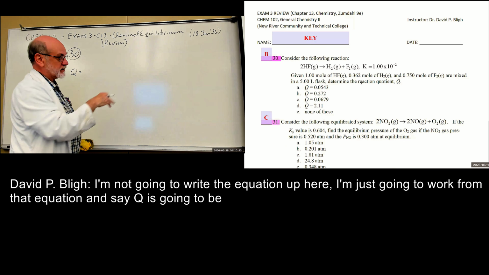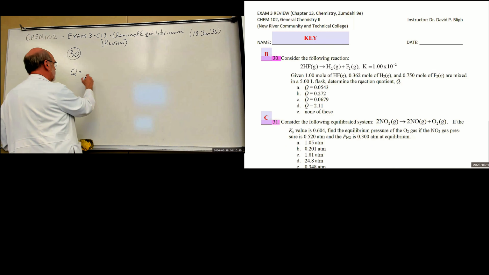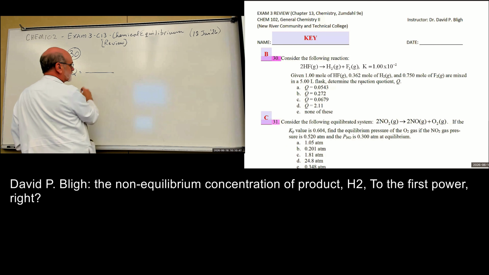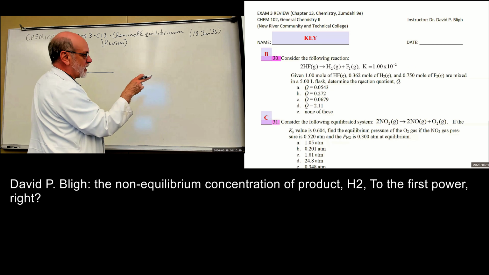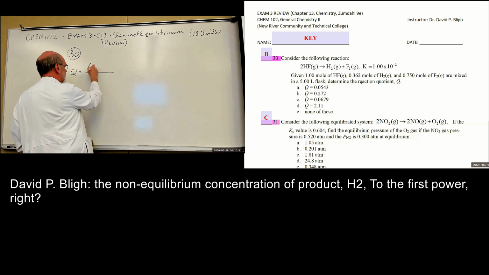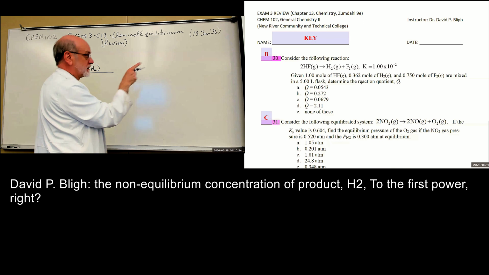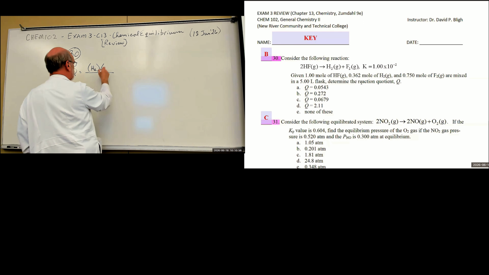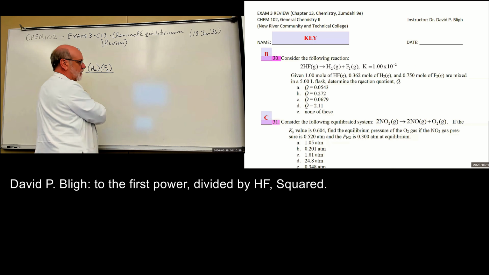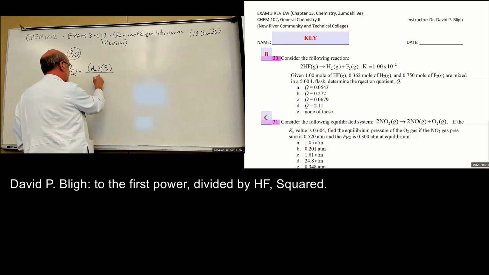Q is going to be the non-equilibrium concentration of product H2 to the first power, and F2 to the first power, divided by HF